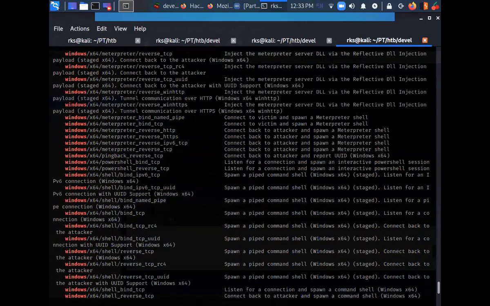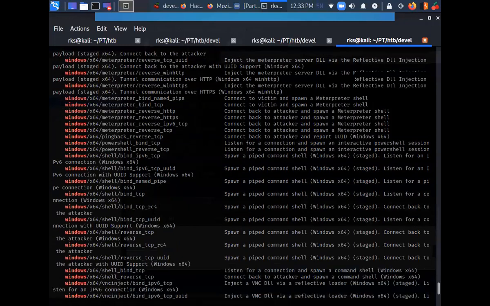So it's always for the safe side. It is good to always start with the 32-bit, because if it's a 64-bit operating system, it is still going to execute the 32-bit payload. If it's a 32-bit operating system, it's going to execute as well. So we'll use the 32-bit for the safe side.